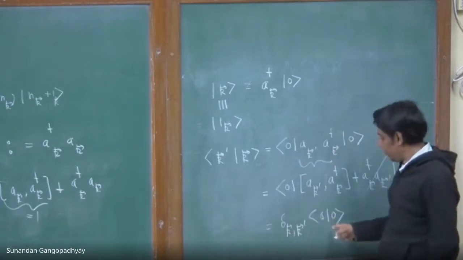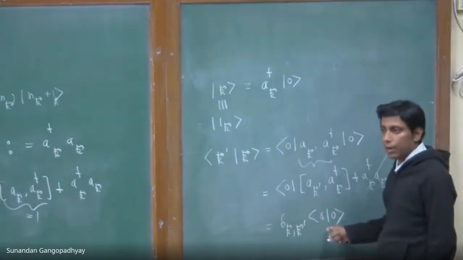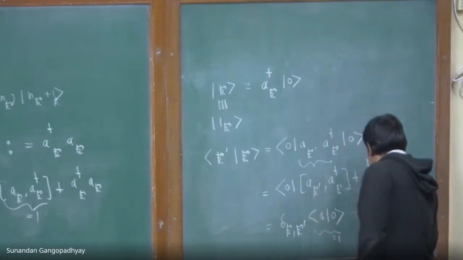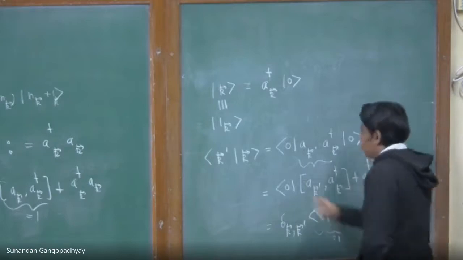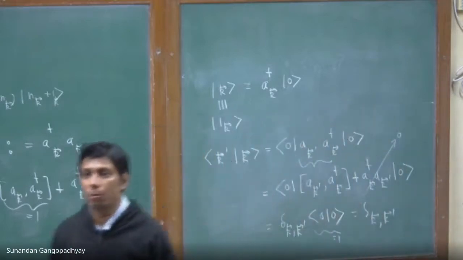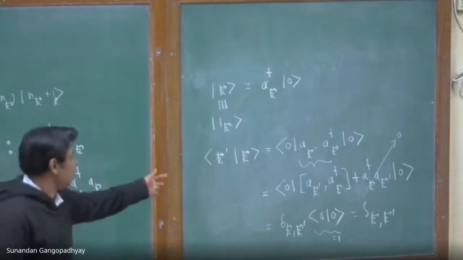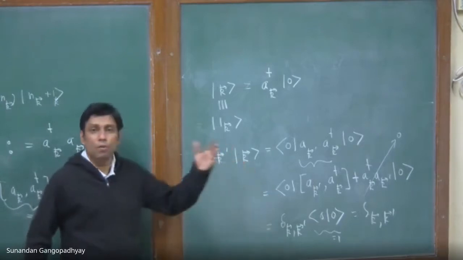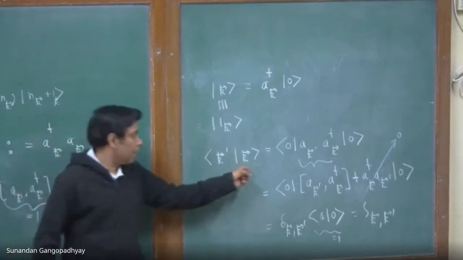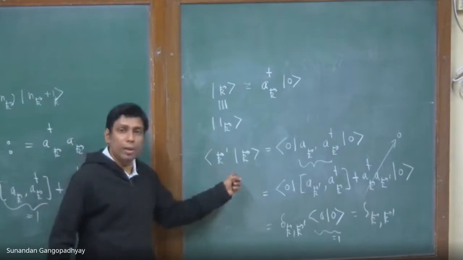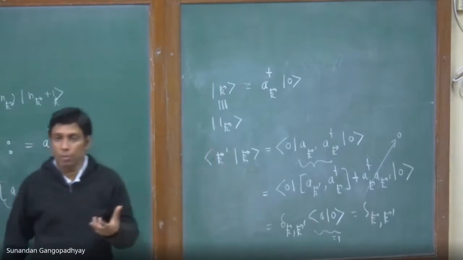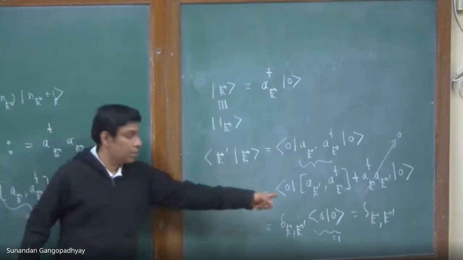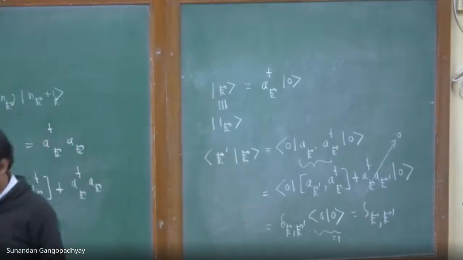If you assume that the vacuum state is normalized, so bra 0 ket 0 is equal to 1, and therefore this is equal to delta k comma k prime. So this overlap of k with k prime is indeed normalized, because when k is not equal to k prime, then that is 0. So these k's form an orthonormal basis. When k is not equal to k prime, the states k and k prime are orthogonal, so their overlap is 0. And when k is equal to k prime, it is equal to 1. Therefore, the state k is normalized.